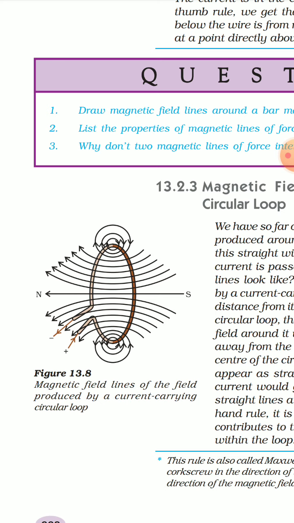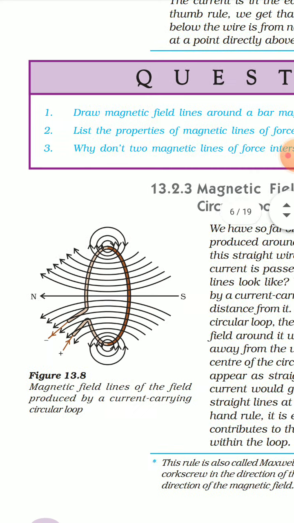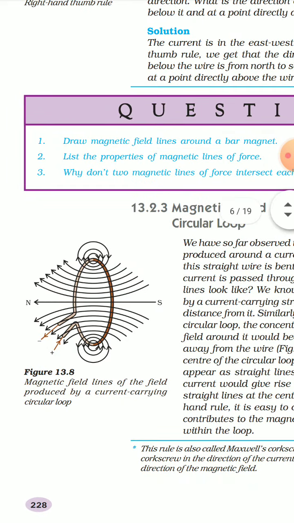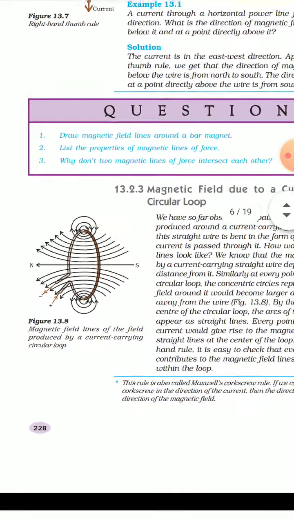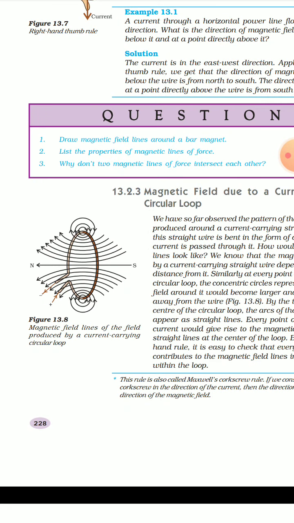You can see the north and south, and you can see that the circles, when we go far away from the loop, have higher radius, and they are giving you the magnetic field. Now similarly, we have to talk about a number of coils. I have told you the formula: the magnetic field formed around the loop is directly proportional to the current as well as directly proportional to the number of turns. If there are a number of turns of that wire, the magnetic field formed is very strong, as B is directly proportional to the number of turns.